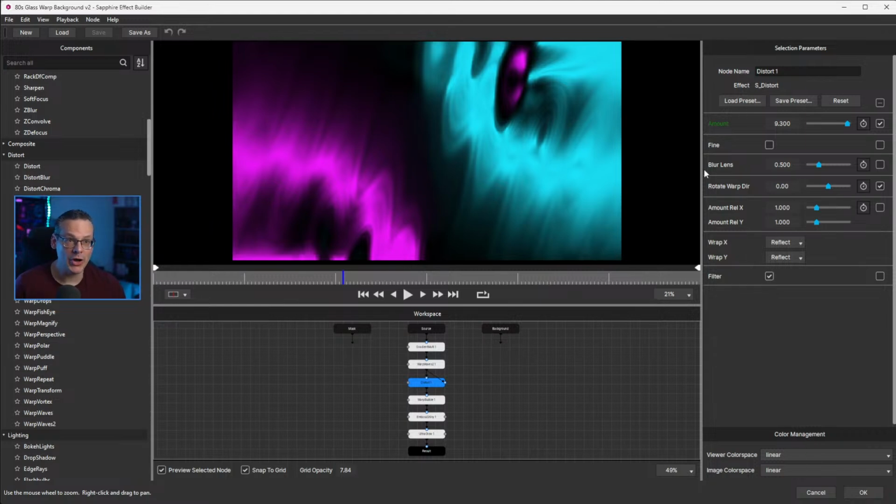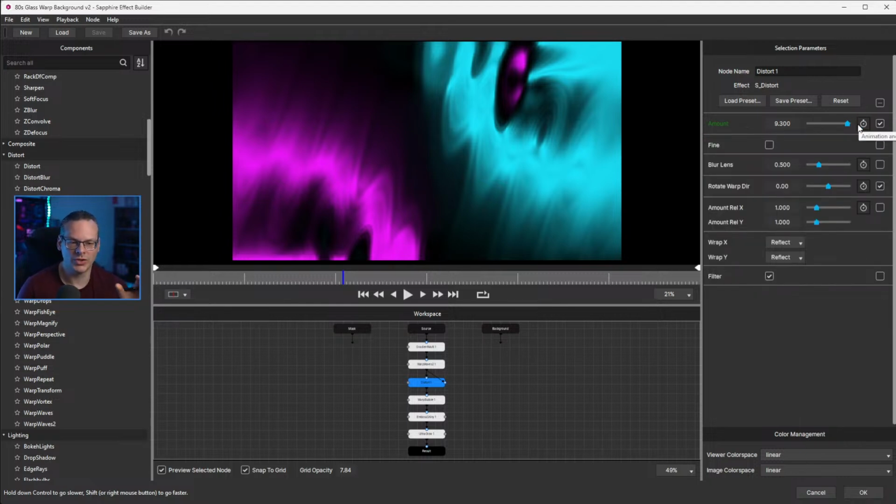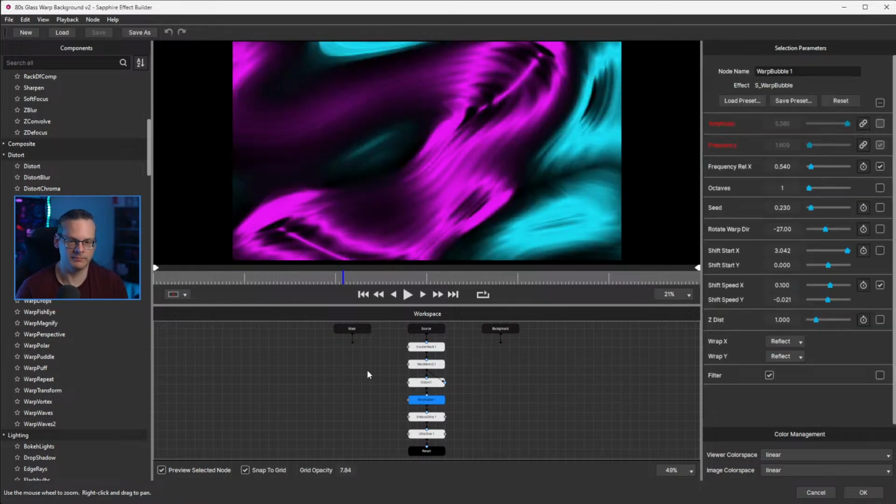Now, knowing what you know now about linking, you can see my amount here is green, which means that this is a driver. If we open this up, you can see this is actually a driver. So let's have a look at what it's actually driving. Let's come down here,